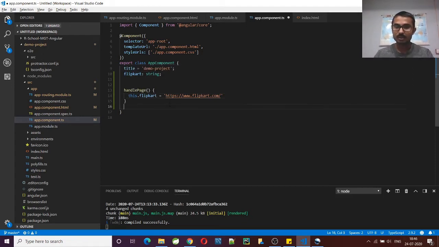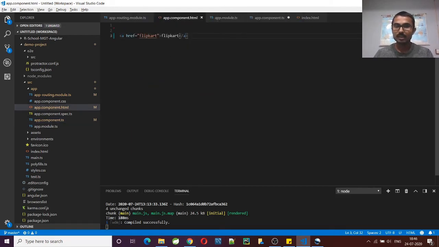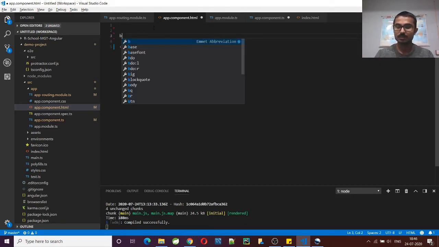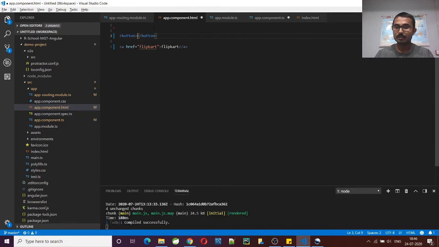So this is done, and now what I'll do: in this HTML file, instead of href, here I'll create a button, and in the button I'll apply a click event. The event will be annotated with small brackets.